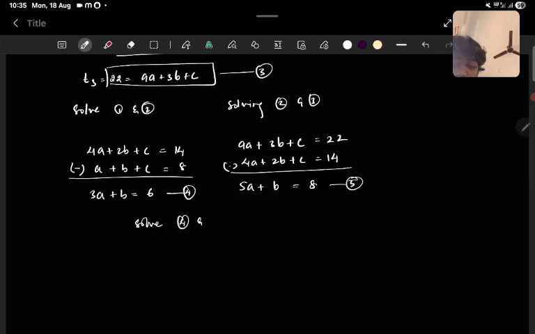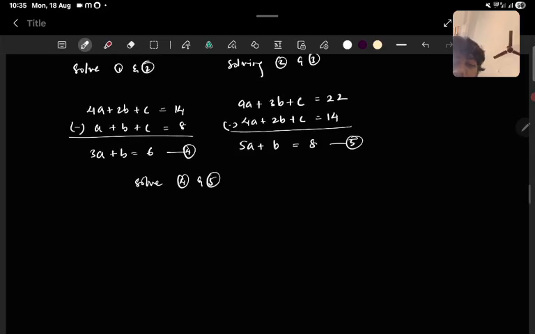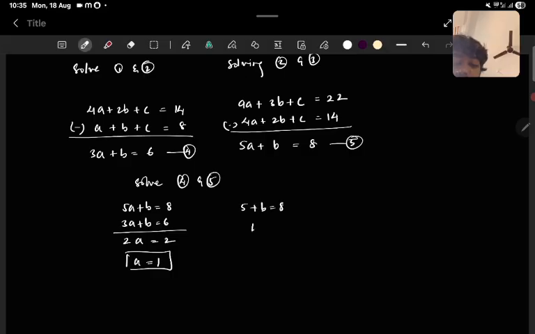4 and 5. It will be 5A plus B is equals to 8, 3A plus B is equals to 6. Subtract the both. 2A is equals to 2, A is equals to 1. Substitute A is equals to 1 in any given equation. 5 plus B is equals to 8, B is equals to 3. Okay. Similarly,